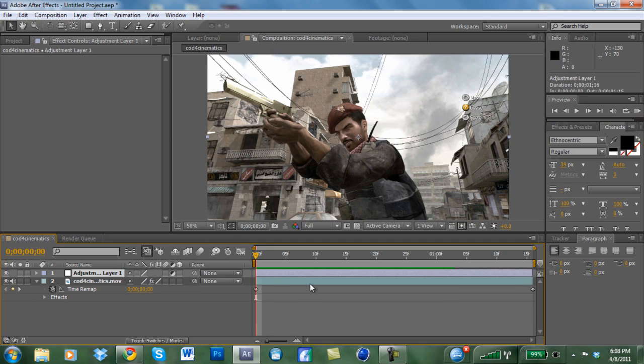We have our adjustment layer in, and if you needed to add your Twixtor, we've done that already. So with the adjustment layer selected, make sure you have that selected. You want to go to the pen tool right here, and if it's not selected, you have something else. Just hold your mouse on it and go to pen tool, and you can either do a tight mask around the guy's body, or you could do a loose mask. I'm going to show you both ways. So I'm going to do a close-up one first. You just want to trace the guy's body